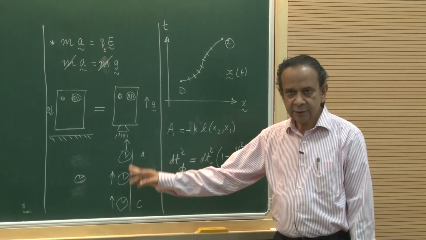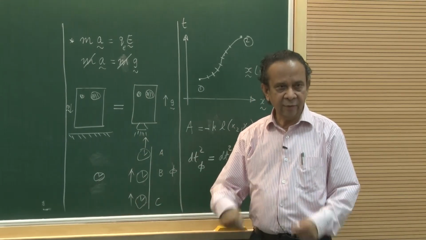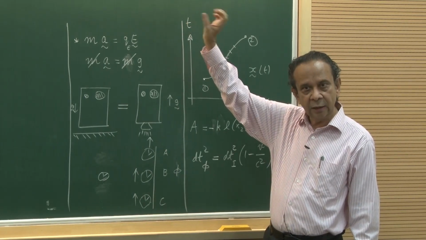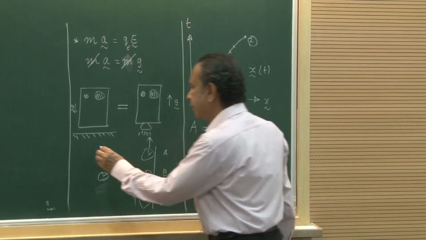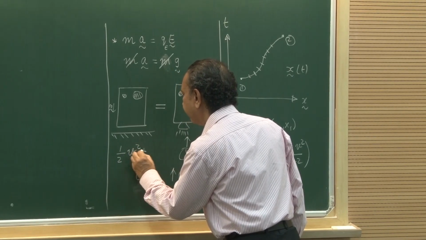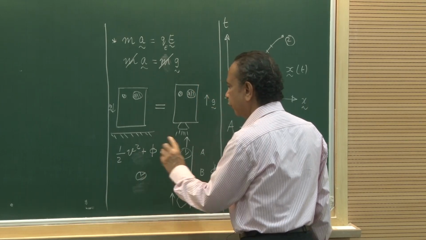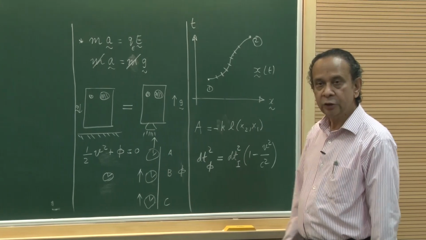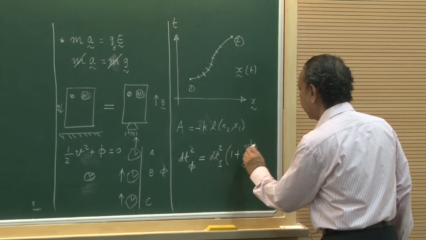What is the velocity with which it is moving up? That is the same as the velocity with which I was coming down, and I have put my reference point at infinity. So at infinity I was at rest and I was freely falling. So energy conservation tells me that half v square plus phi should be equal to 0, because at infinity I had 0 velocity and 0 gravitational potential. Therefore, v square is equal to minus 2 phi. So you plug minus 2 phi here,